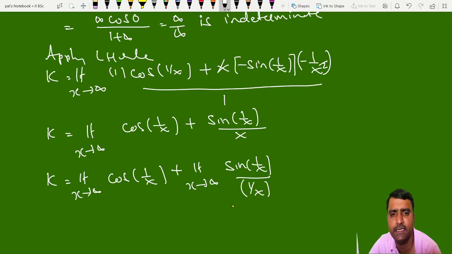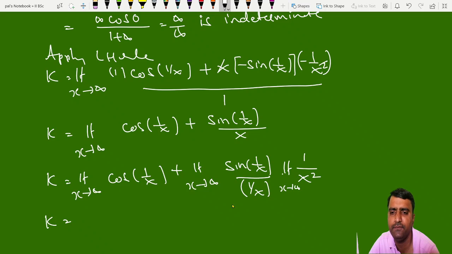I am taking 1 by x here. To balance this, we have to multiply 1 by x here. So that is limit x tends to infinity, this is x, so it is 1 by x. Already one x is there in denominator, so x into x is x square. Okay. So now it is k is equal to, yes, all of you know that it is